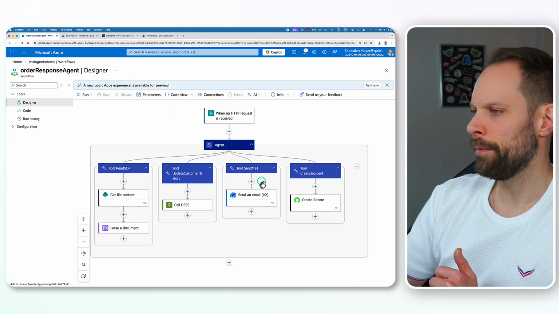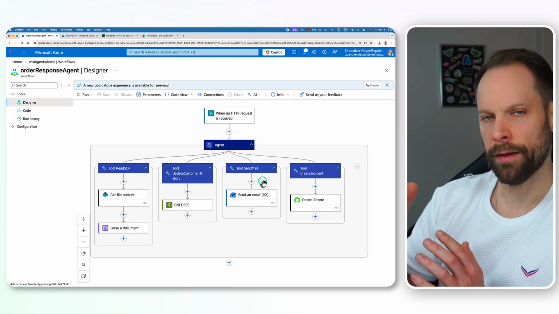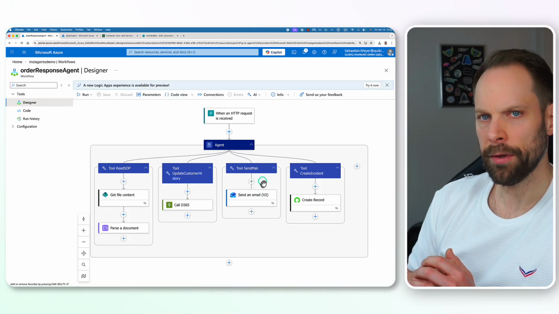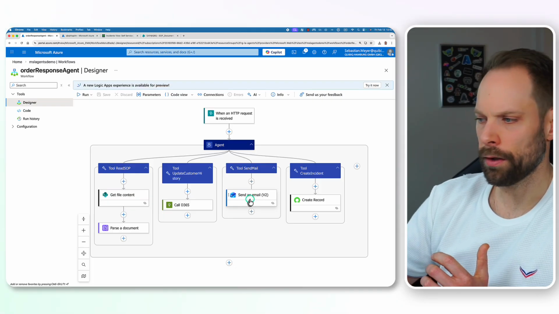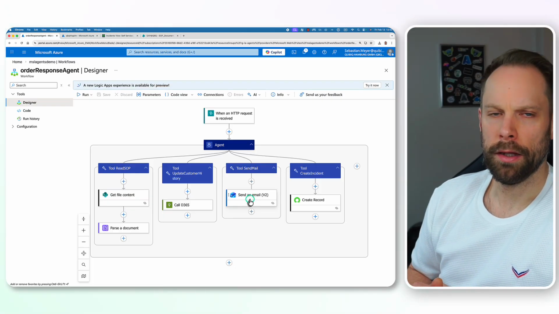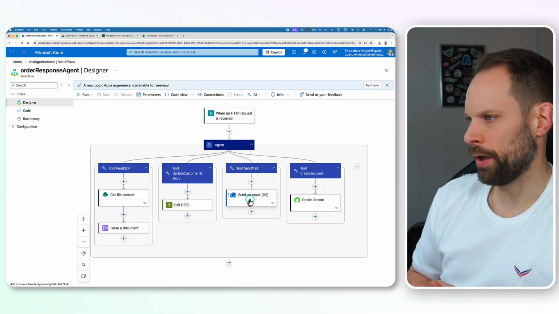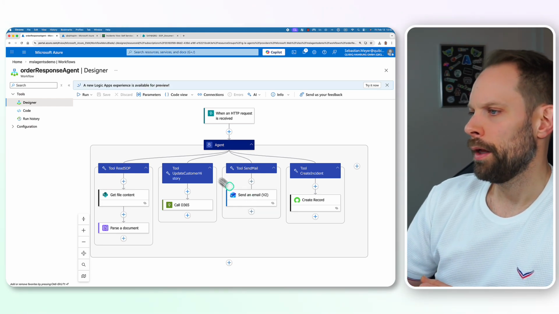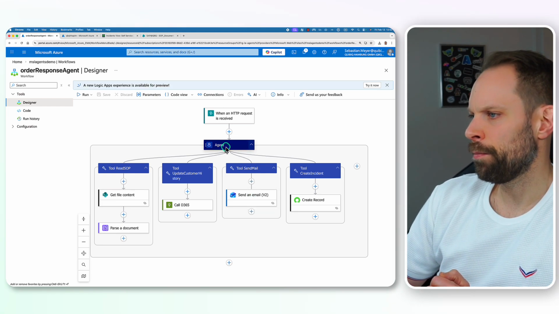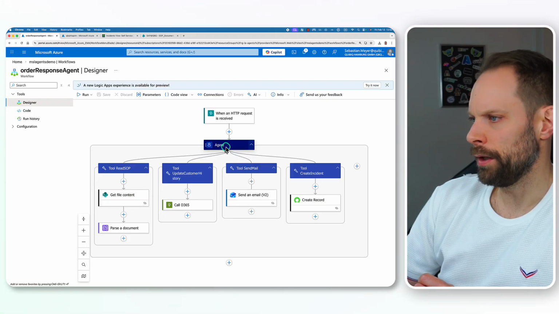And to send an email, our agent needs another tool, and this is the send email tool. Inside of the send email tool, I'm using the Office connector here to send an email from Logic Apps directly. So this is the explanation of this. So let's go and explore some of the